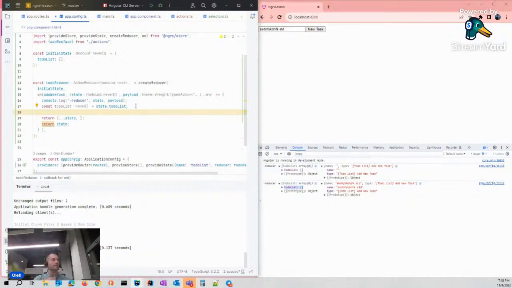But to trigger the action that something was changed, we have to copy everything in our objects.